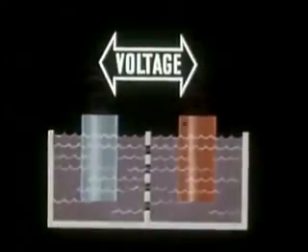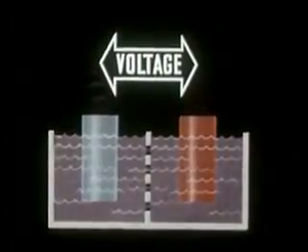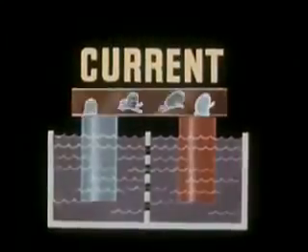The voltage, then, is always the potential difference at the negative and positive terminals of the source of the electric energy. It represents the difference between the number of extra electrons at the two terminals. And when a suitable path is provided, the potential difference causes the electrons or current to flow from one terminal through the conductor to the other terminal.